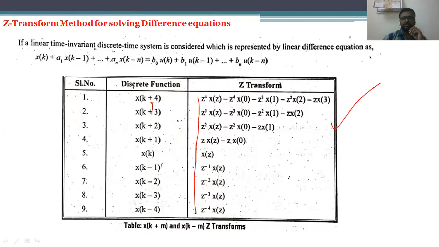Okay. So in this way we are going to calculate the difference equation. That means we are going to solve the difference equation using the z transform method with the consideration of the initial conditions and also without the consideration of initial conditions. Okay. So with this we are going to close this particular topic, that is solving of the difference equation using z transform. In the next class, we are going to start the last and final topic in the second unit. Okay. So with this, we are going to wind up the class for today.